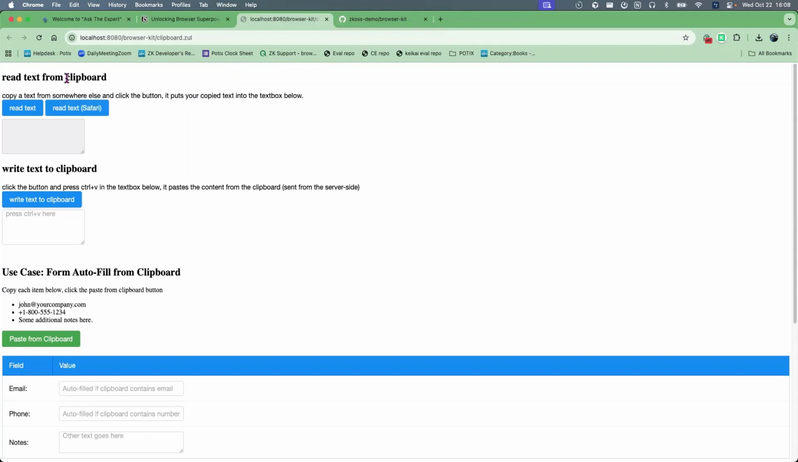So first one, just read the text from the clipboard. For example, I can copy something. I just copy this text and press Command C on my keyboard. So now this text is inside my clipboard. So I can read the text here